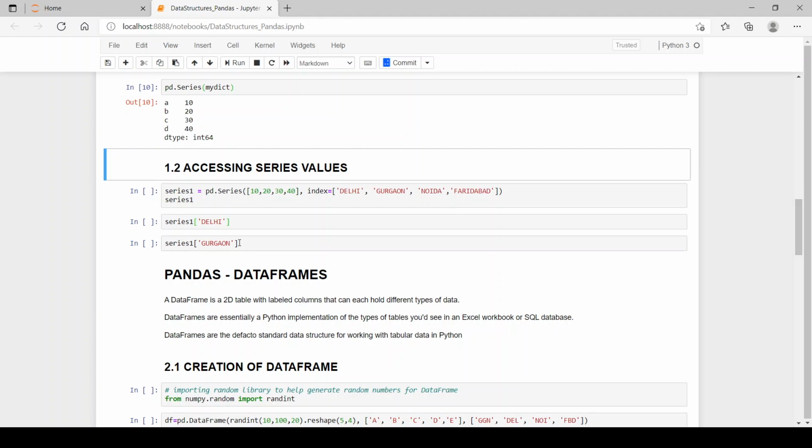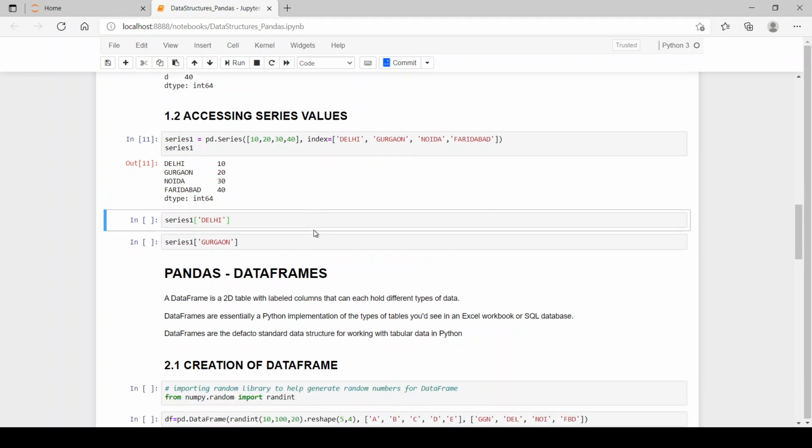Now let's see how we can access the series values. So series1 is equal to pd.Series, then we have our data which is 10, 20, 30, 40. Then we have the indices named Delhi, Gurgaon, Noida and Faridabad.